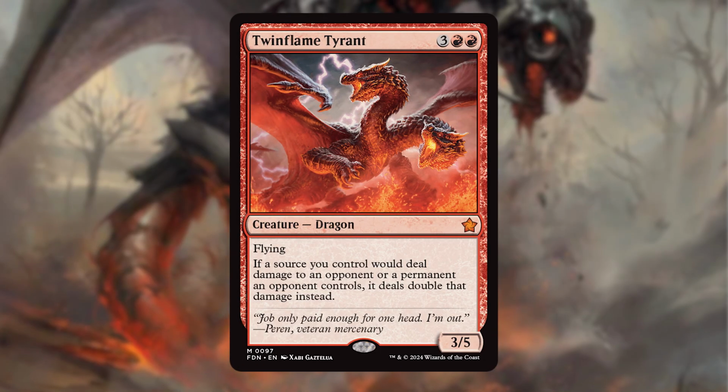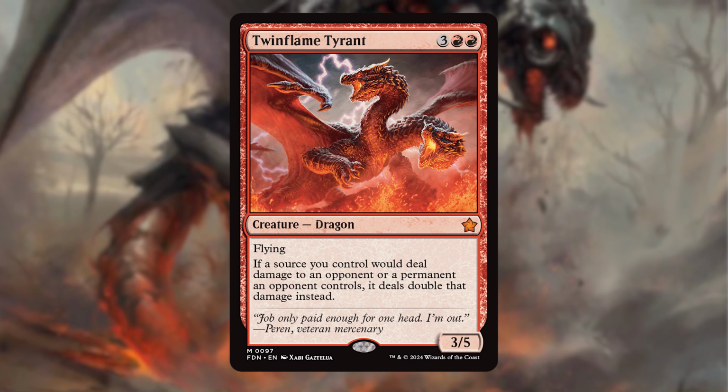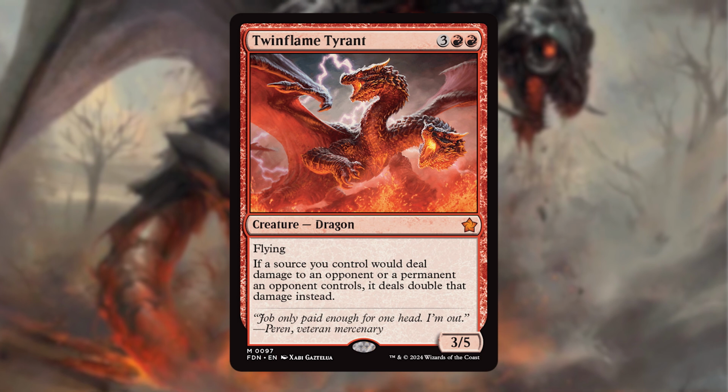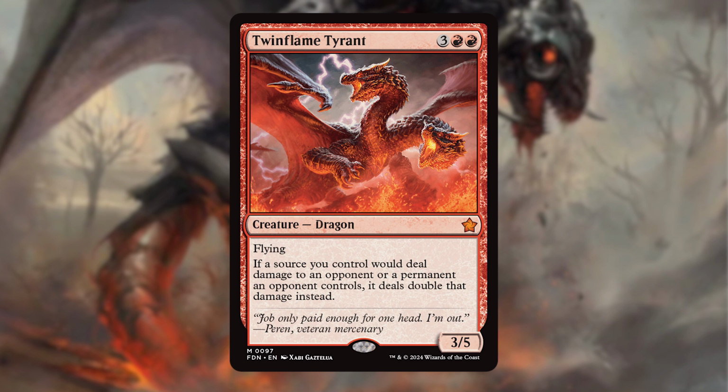Let's finish our dragon roster with Twin Flame Tyrant, a dragon that doubles all of our damage to opponents. Why not just casually whack an opponent for 8 instead of 4 on a surprise attack? Turns an attacking board of 15 power into a potential 30 damage really fast and earns itself a spot in